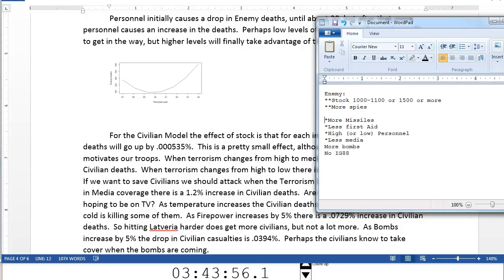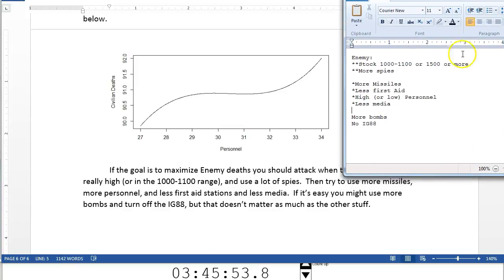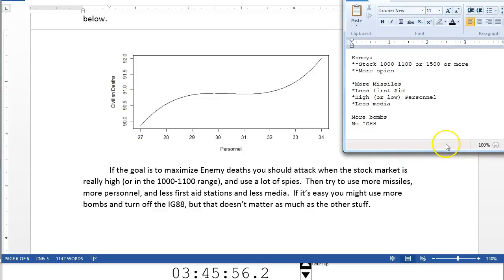Now, some of this is kind of a judgment call as to how big is big enough to matter. I mean, here we're talking 150 to 200, so 50 deaths. Well, maybe 1 star. I don't care whether I agree with your judgment call, just the idea that you've made a judgment call. Here I now know what it takes to get enemy deaths. And so now I'm going to have what might be the most important paragraph to the client, a little talk about here's the kind of war you want to do. Let's have stock in this range, more missiles, less first aid stations, and a general is going to be like, this is what we needed to hear.